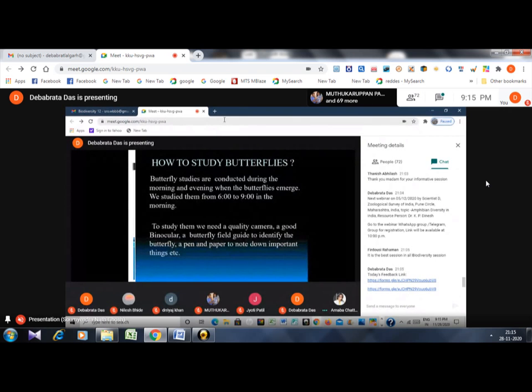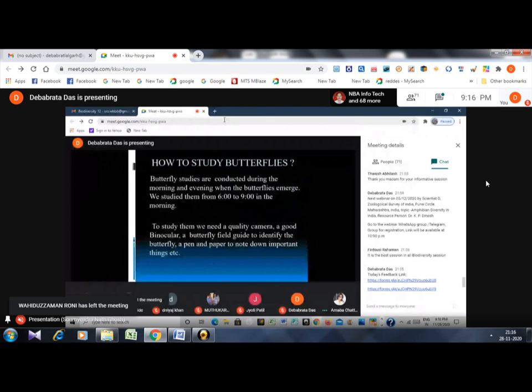These are the small things. You can gather these small things and you can go for butterfly watching. And if you don't even have a field guide, no problem. You download Google Lens from the internet. It is a free app. You place the butterfly photograph, and it will identify the butterfly for you. It is free, of course. You can even use internet sources. No problem if you don't have a butterfly guide. But it is good to have a butterfly guide.